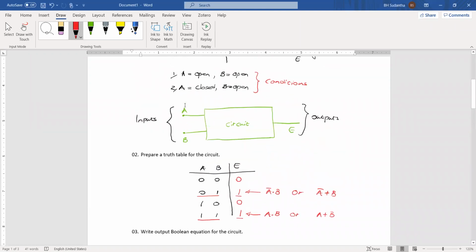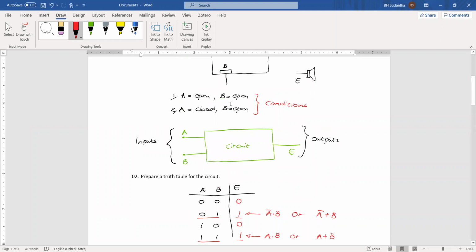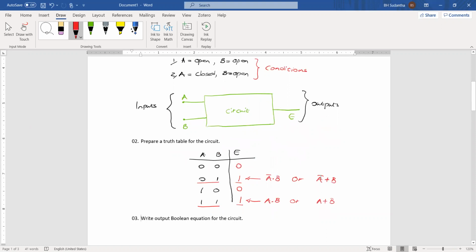A close B open condition. We can't catch. And for example, assume that if you use OR operation, if you take this one, then here A bar B at this condition, that is A bar will be 1. Then this B is 1. The 1 and 1, it will produce 1. But if you put this one A bar B, what about 0 0? For 0 0 also, it will give 1. But for 0 0 condition, we don't want to have a 1 there.